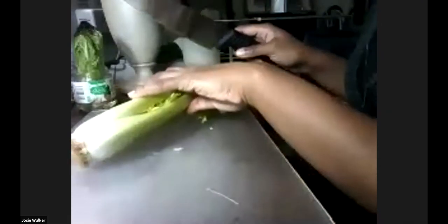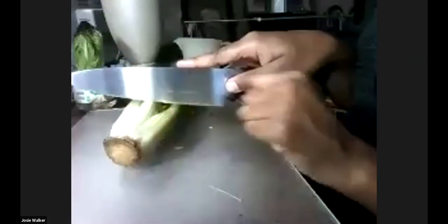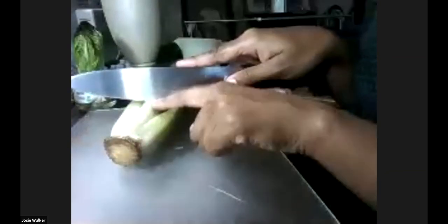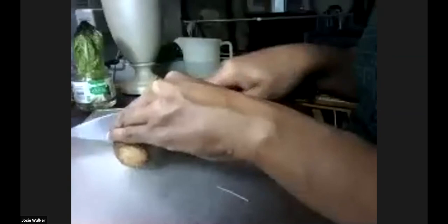All right, so we cut it probably 2 inches from the bottom, straight across. So all this that got cut off,